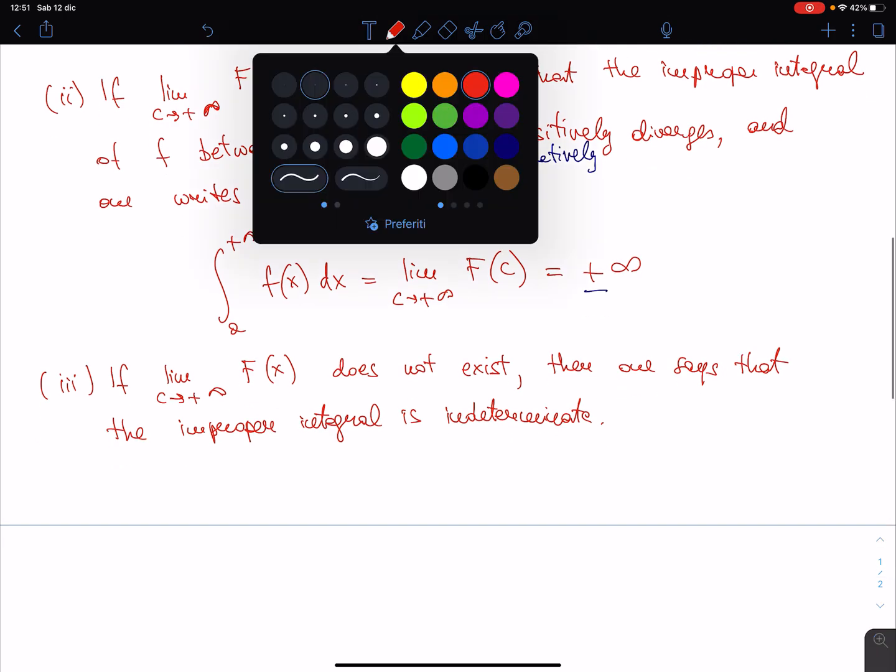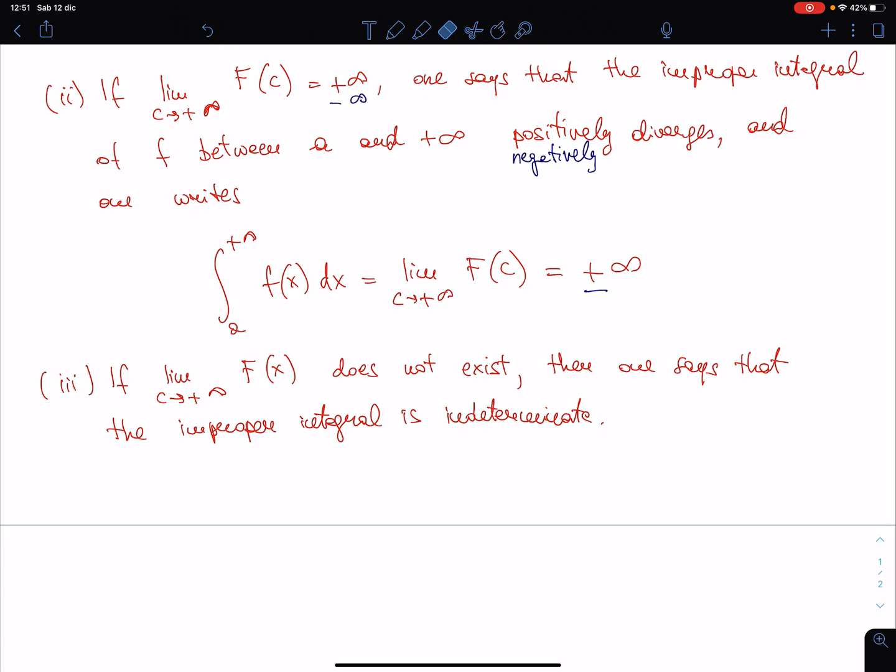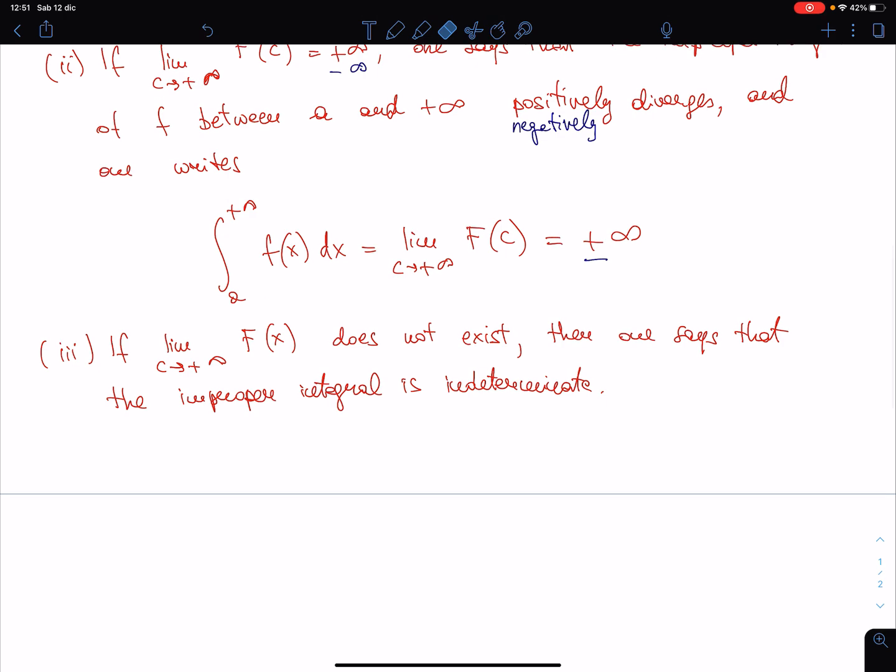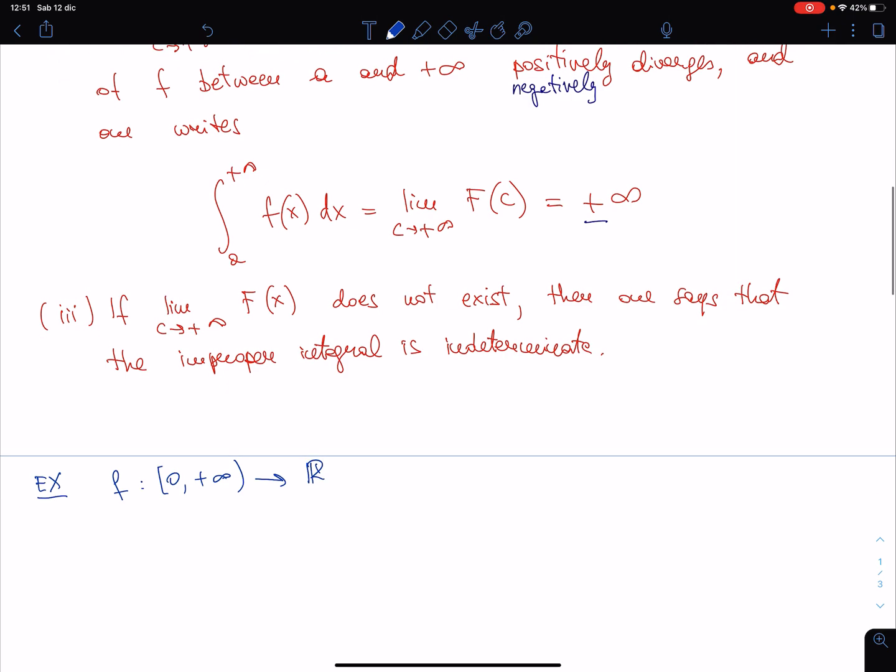So as an example, in the last lecture we had an example of a convergent improper integral, 1 over x squared between 1 and plus infinity, and a divergent improper integral, 1 over x between 1 and plus infinity. And now let me give you an example of an indeterminate improper integral. Do you remember the non-existence of limit has always to do with oscillations? So here we have f from 0 to plus infinity to R, and x is associated to sine of x,